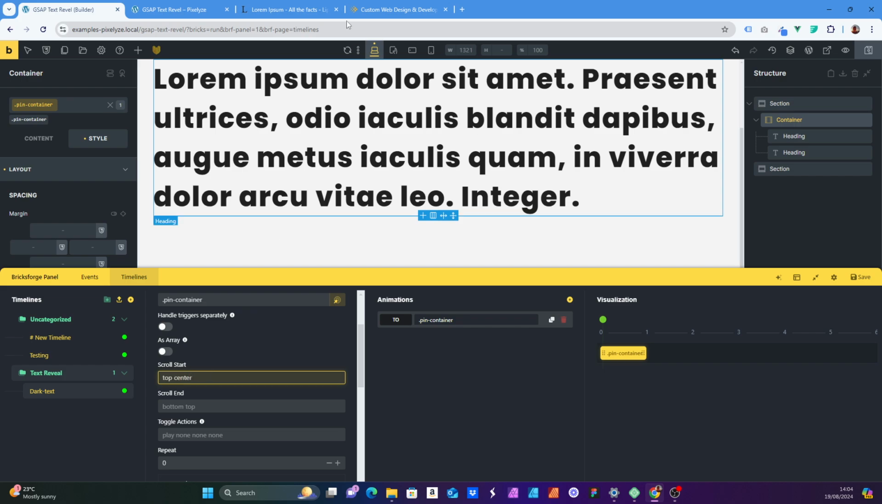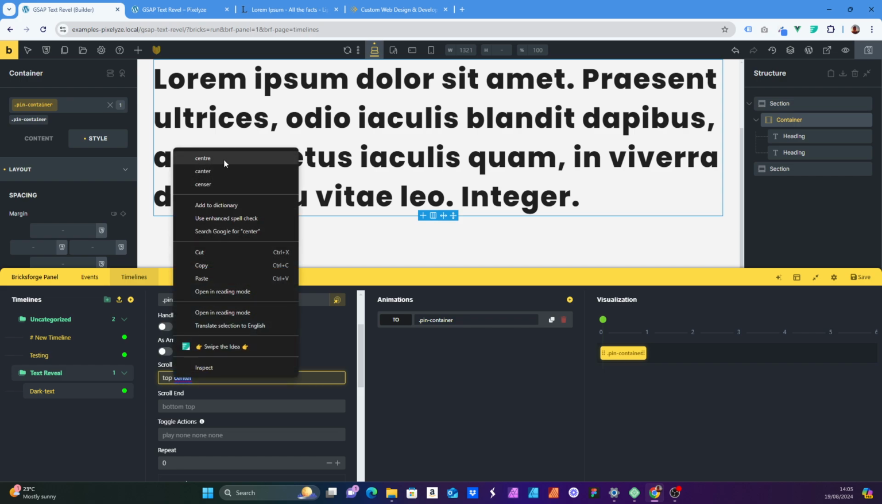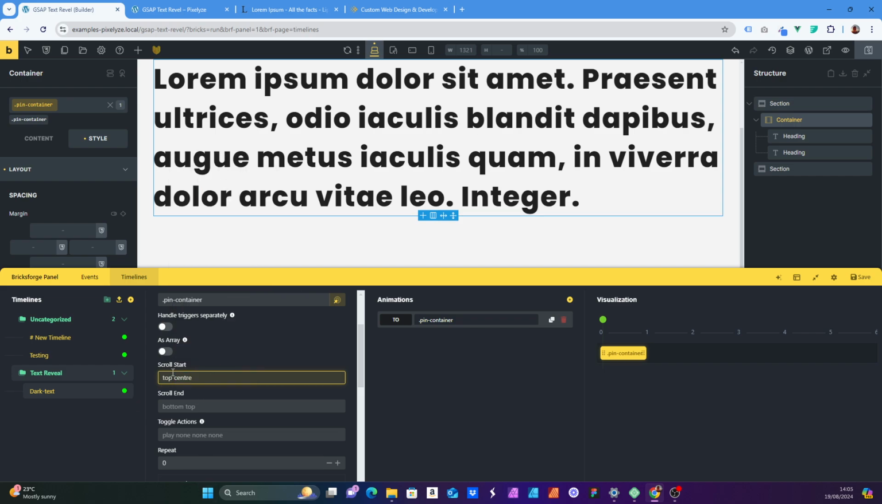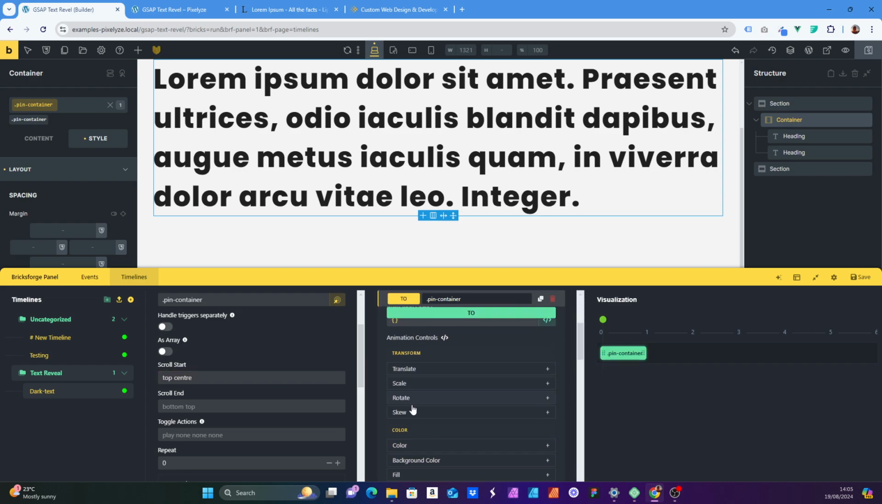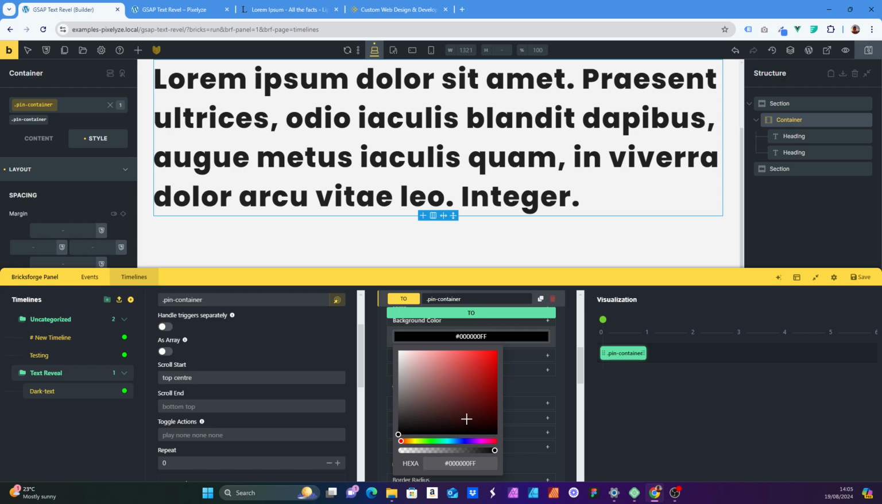All right. So the first top is the top of the screen. That's what it means. And I misspelled center. And the center means once the top of the screen hits the center of the container, it will change. It will do something. So let me just do, for example, background color to